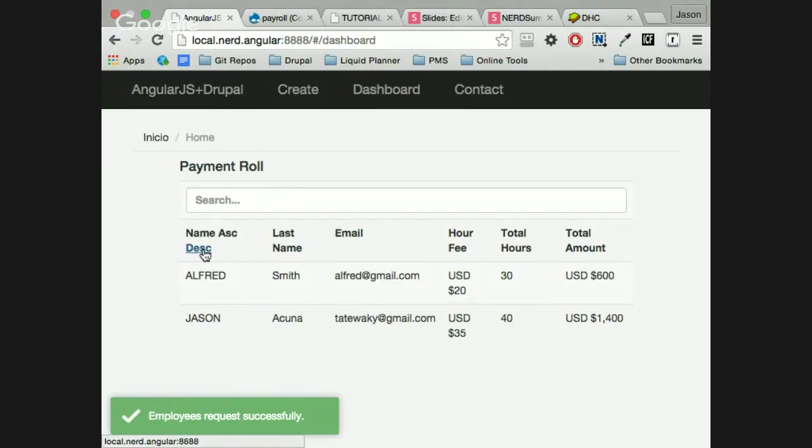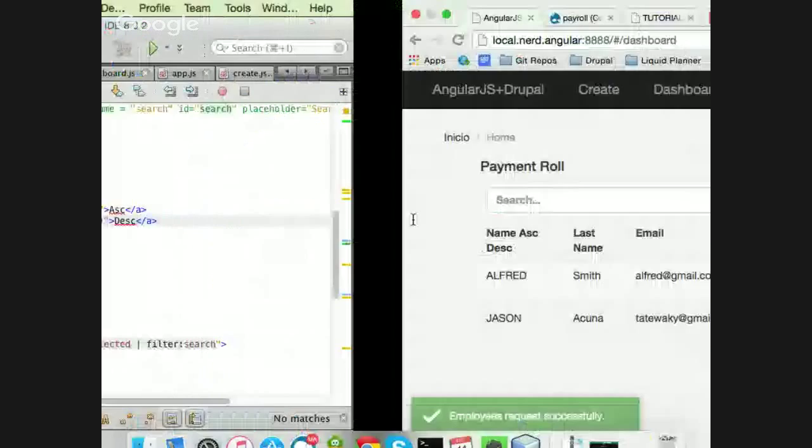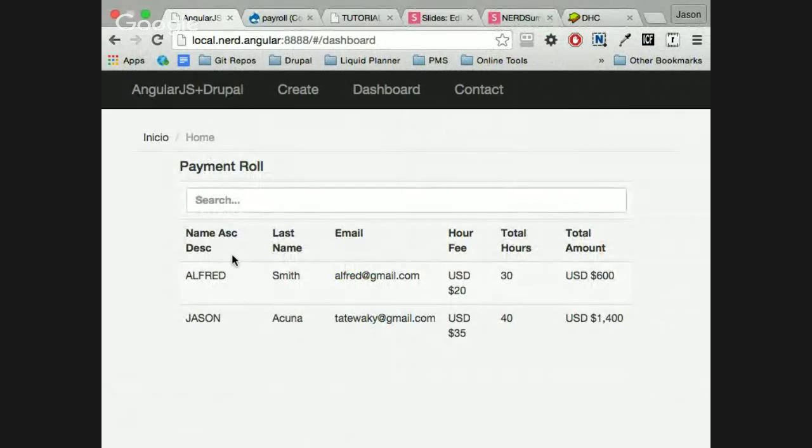It just doesn't make much sense, but okay. I'm going to sort them, and according to my directive here, click is going to sort by first name or negative first name. Let's see how that works. Ooh. It works. So it's fine.